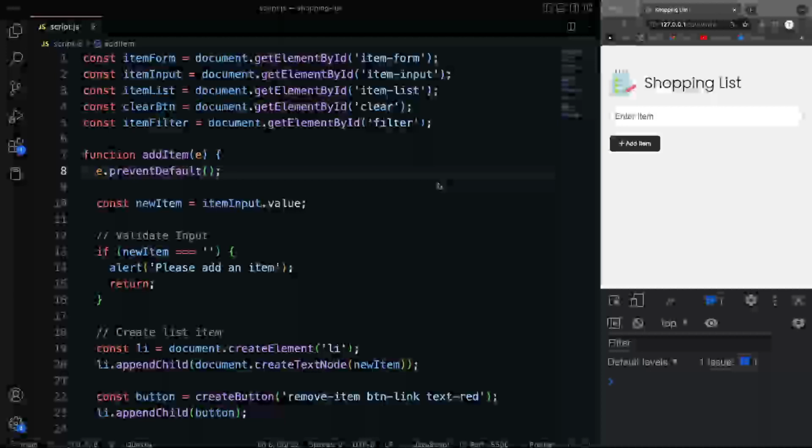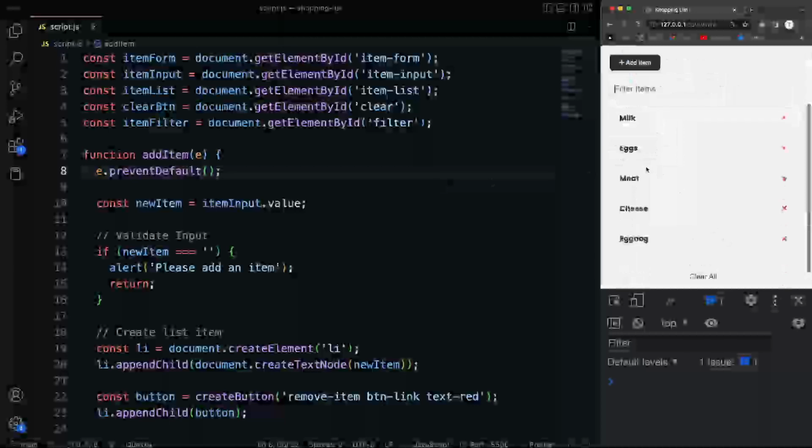Okay, so now we're going to create a function to filter our items. If we were to add a bunch of stuff here, I'm just going to type some stuff in. Let's say milk, eggs, meat, cheese, and let's also say eggnog. I want two things that are kind of similar. So we'll add those. And what I want to do is be able to type in here and narrow this